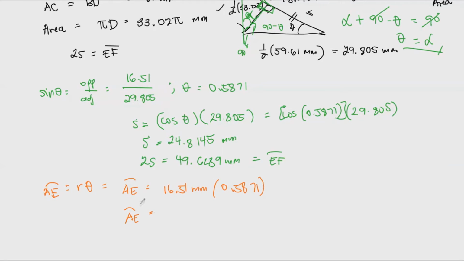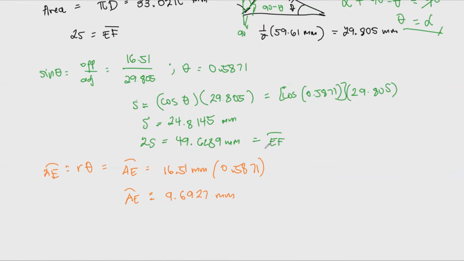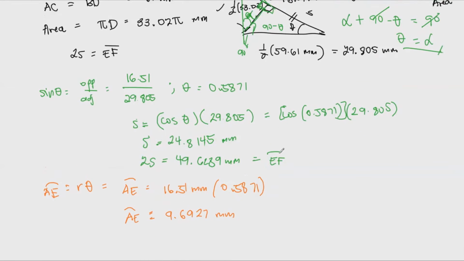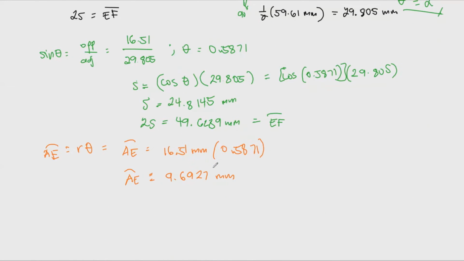So the answer using this value would be equal to 9.6927 mm. So in this case, the arc length is 9.6927 mm. Well, but there's also this FD, which is the same length as AE, and we need to add that to our string. So if we need the value of our cross string, finally we need to take